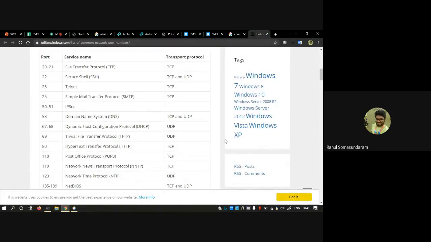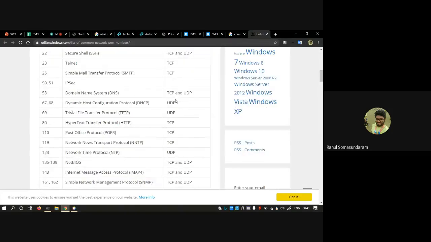Each port will have a specific meaning, or we are talking about the standards, right? The names are given by ICANN. So they have defined the common ports and their usability.